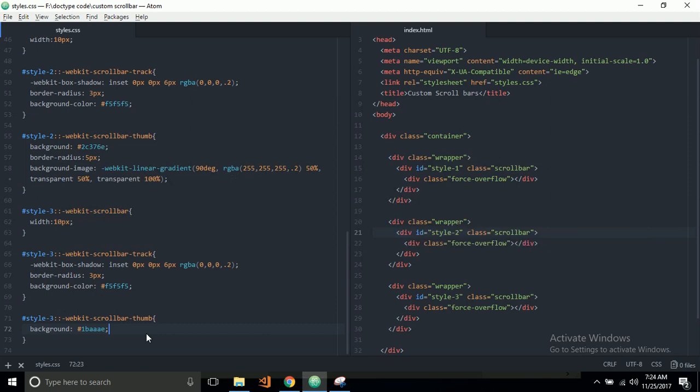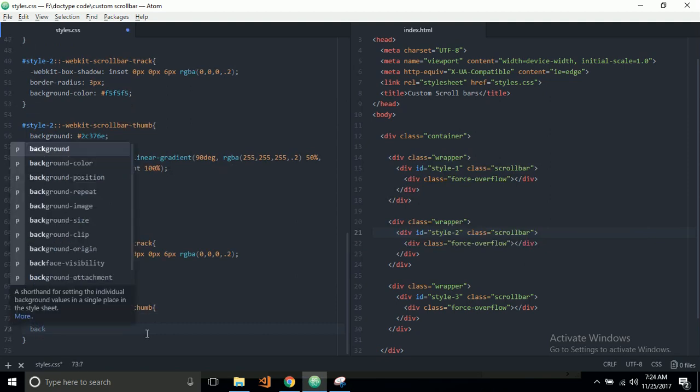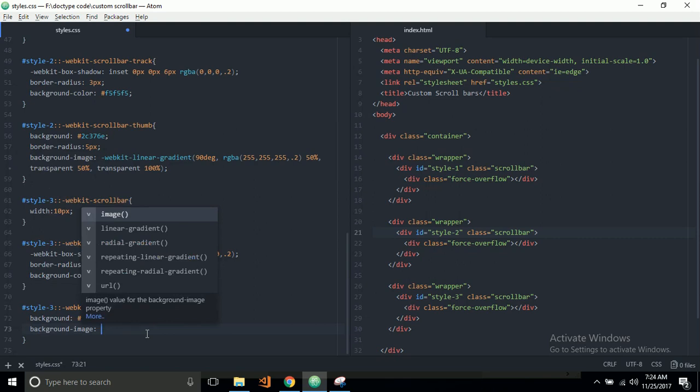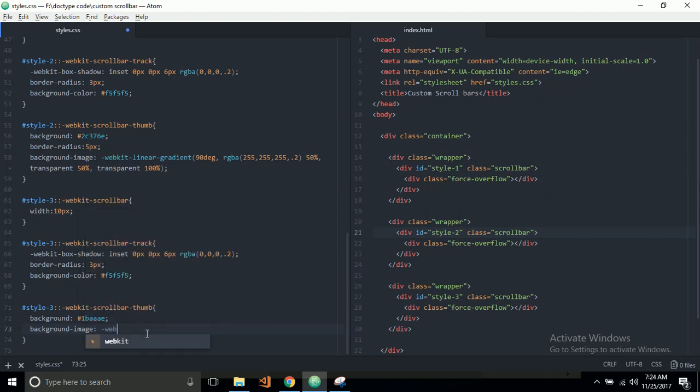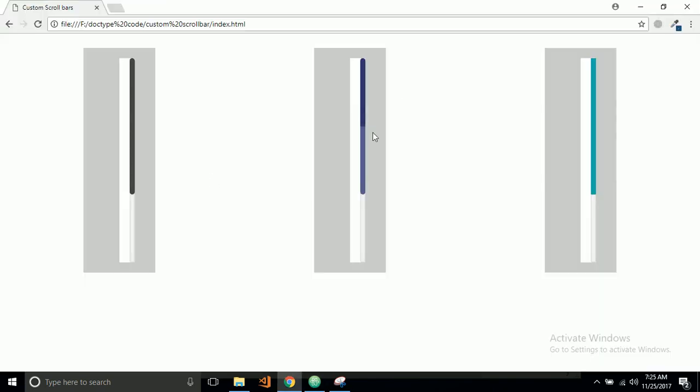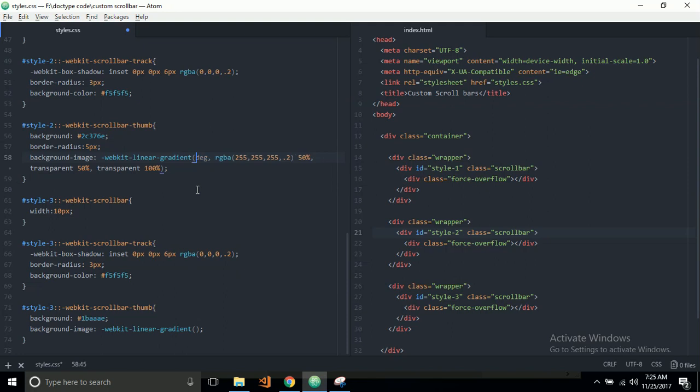I generally use this shade of blue, and after that I'll put this background image and apply our WebKit linear gradient function. So now coming back to the angle again, this is the angle that you see, a straight line. But if you change it to some different angle, let's say 45 degrees,